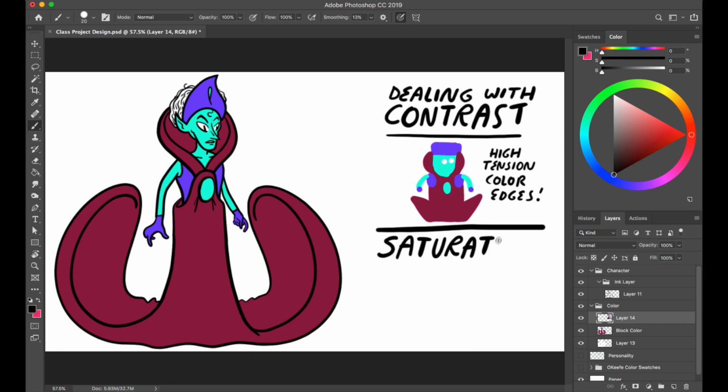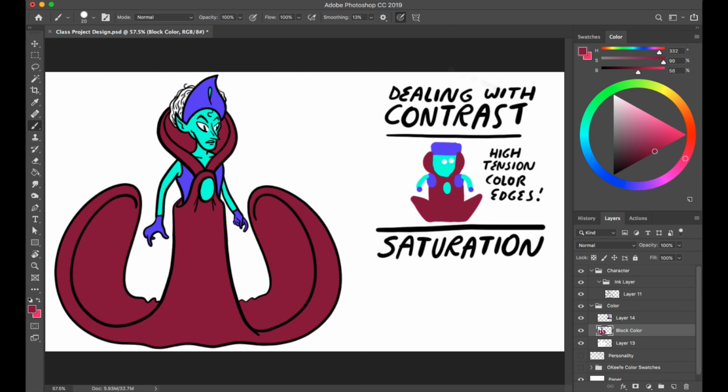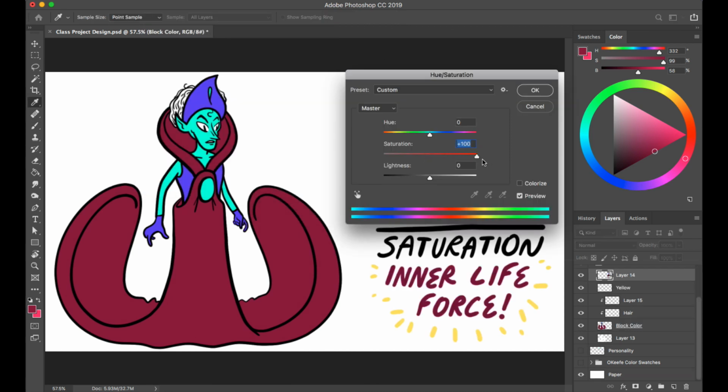Let's talk saturation first. To me, saturation is like the inner life force of your color. High levels of saturation get your heart racing. A lot of saturation definitely draws the attention of a viewer, but can really quickly exhaust the eye. In cartooning, there's two sides to saturation. It can be used to create a happy, kid-friendly appeal and exaggerate a reality. Lower levels of saturation can bring out a somber mood and can make a story or character feel a little